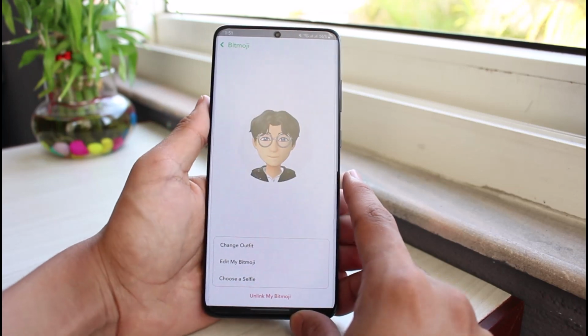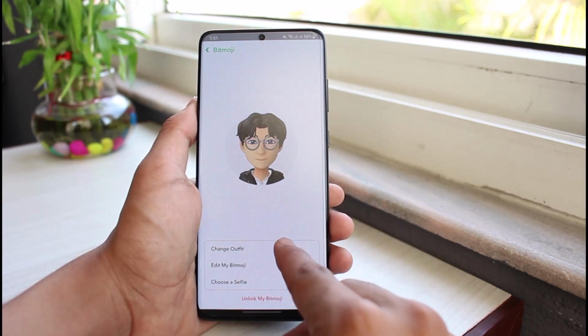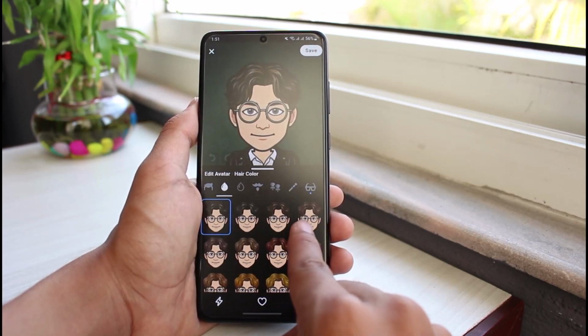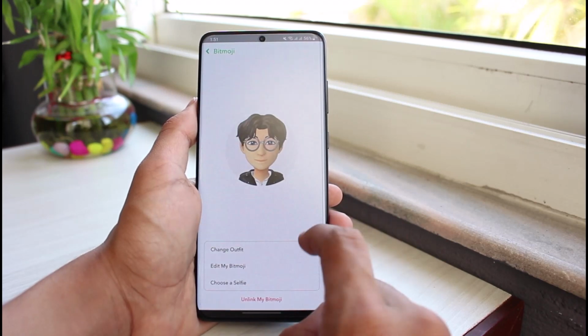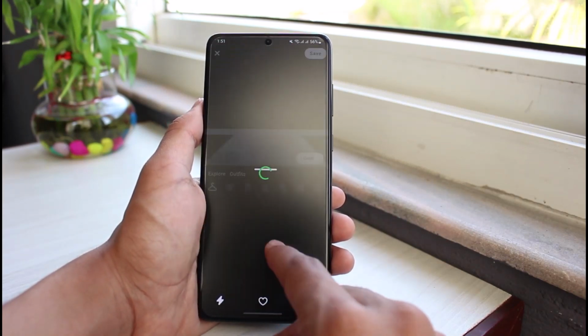As you tap on the Bitmoji option, over here it really depends on what you want to do. You can edit your Bitmoji if you really want to. You can just go ahead and choose the new styles and so on. You can edit the hairstyles, you can edit the colors, skin tones and so on. You can choose a new selfie as I said earlier, or you can also change the outfit of your Bitmoji